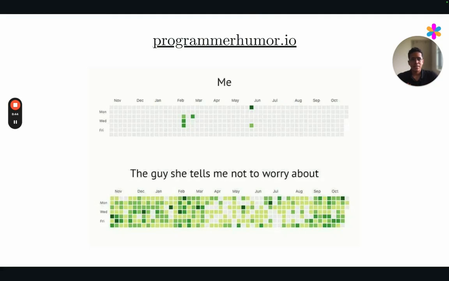I took this screenshot from the website programmerhumor.io. But basically, you don't want your profile to look something like this, with mostly gray and a few of them in green, but rather, it's in your best interest if your profile looks something more like this. And why is that the case?